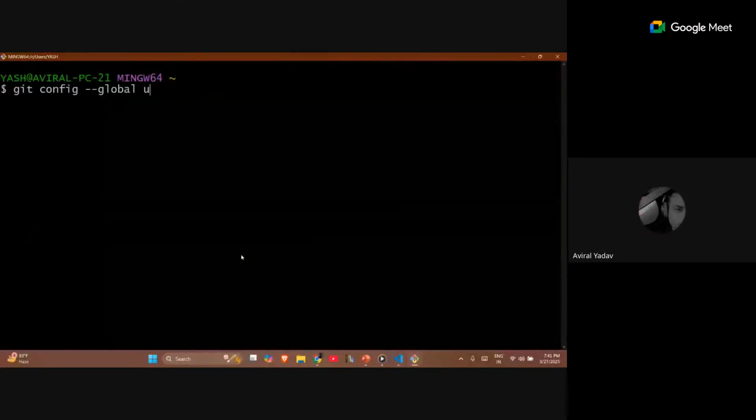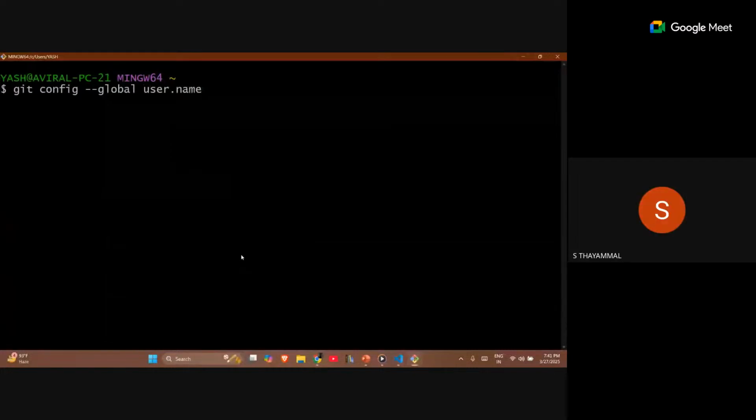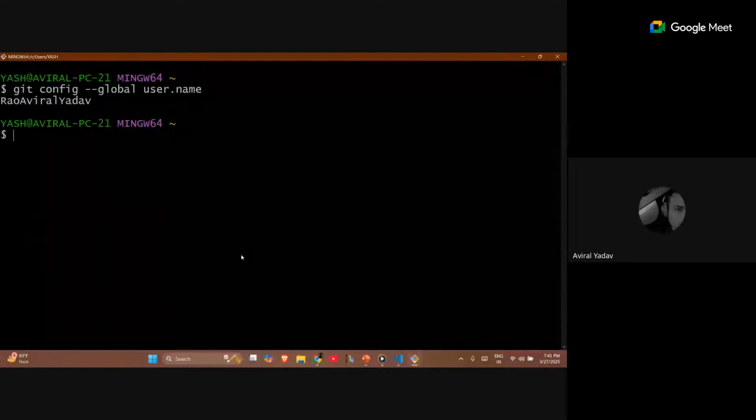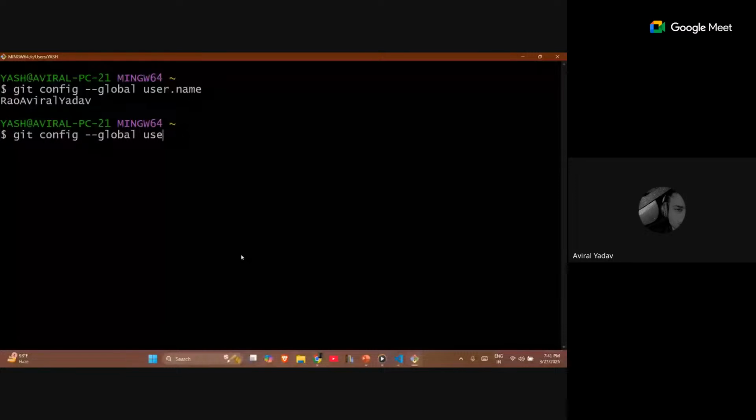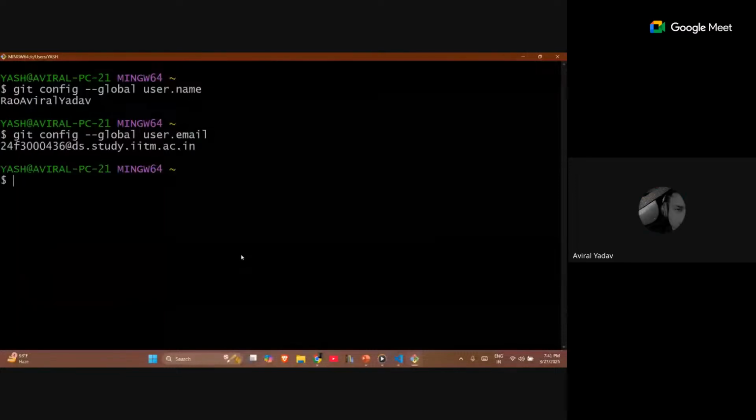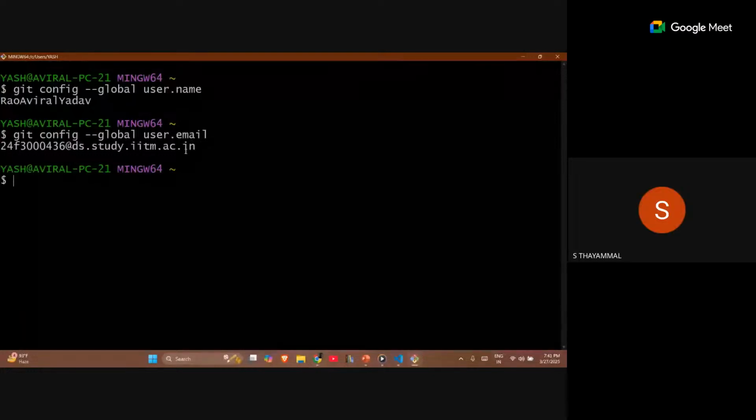Then your username. It's showing my username that I've linked to my profile. Then configure global user email. It will link both of these, your GitHub username and the email account associated with your GitHub account.